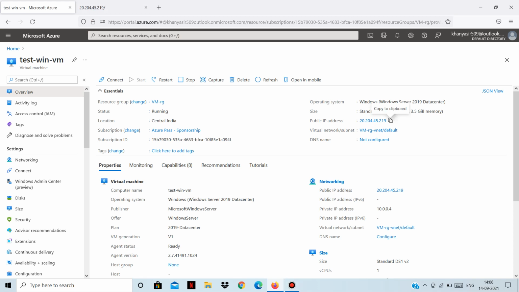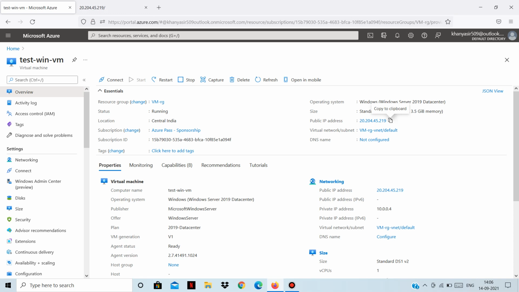So thank you for watching. This was all the demo regarding the Windows virtual machine, means how to host a simple website in a Windows virtual machine. In the next coming videos, we will be seeing various other compute services also to host our workloads. But before that, we will also see how we can host our website or workload in a Linux virtual machine, because this was regarding the Windows virtual machine.